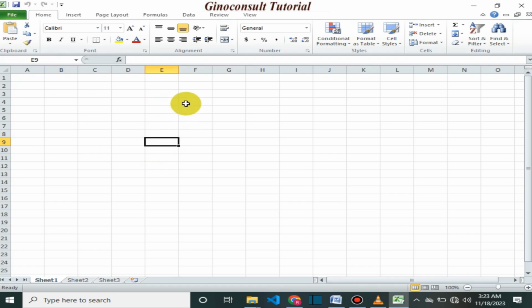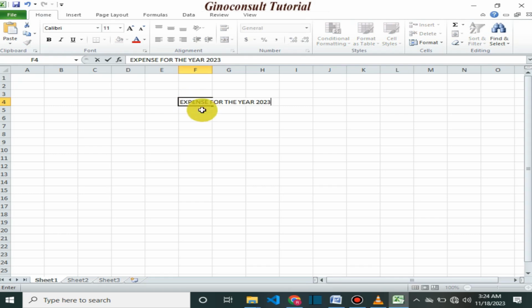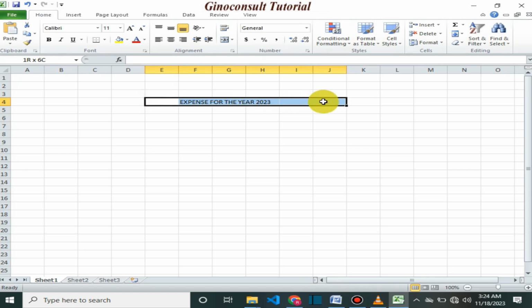Let's give our spreadsheet a title. Click on the cell you want to start with and type expense for the year 2023. If you noticed, the text input overflows into other cells, and if you double-click on this cell, it hides some part of our title. So, in order to correct that, highlight the entire text or area you want it to occupy,